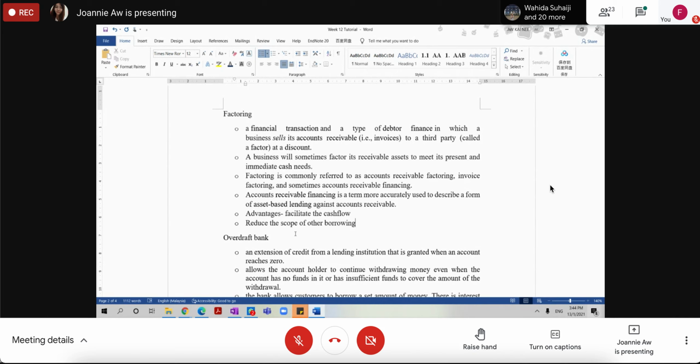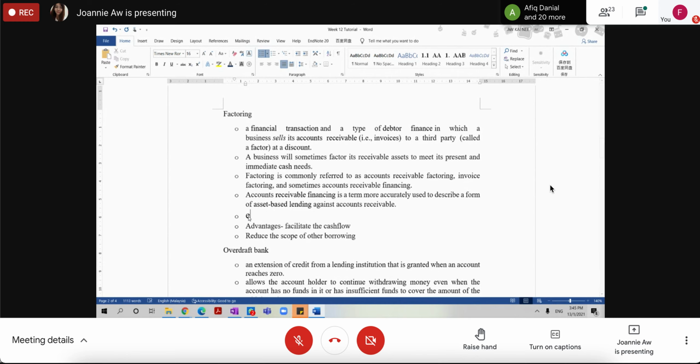Receivable accounts and the third party and then the discount. So what do you mean? You can give an example if you want to. Like the vendor want to sell the product to the buyer first, and then